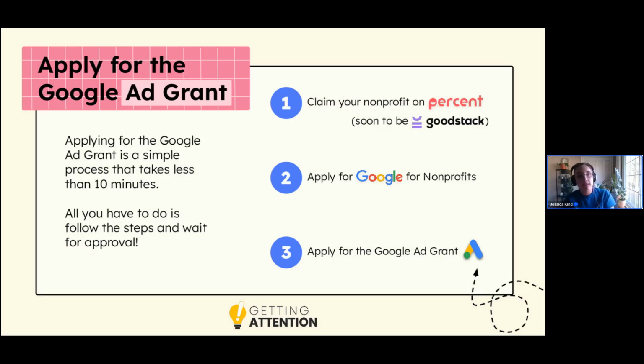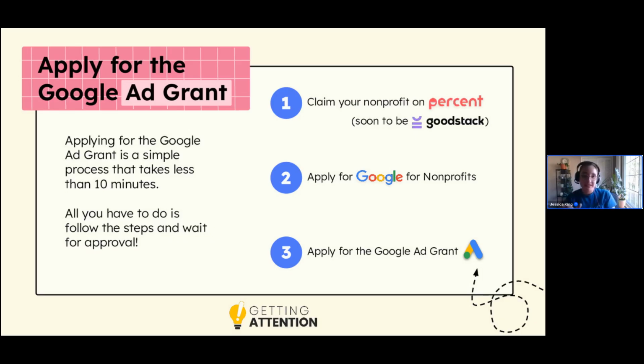And once you submit that application, you should get a confirmation email saying, yep, we got your application. Give us a few days to look through it and we'll get you an answer. Usually, it takes 1 to 3 business days. I have observed recently that it has been taking a while, so I would say up to 2 weeks is pretty normal for any of these steps. If your application has gone longer than that, it's worth reaching out. They'll usually give you a support point of contact that you can reach out to if you have more questions or if your application is taking a while.